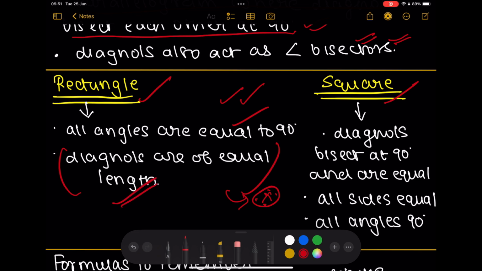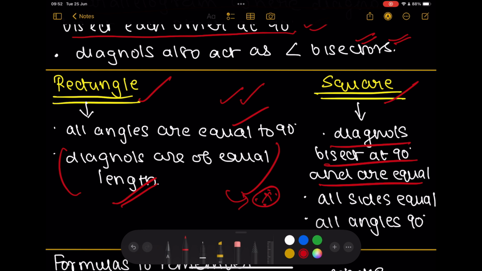They are only of equal length, right? In a square, you see diagonals bisect at 90 degrees and are equal. So in a square, diagonals do almost everything. Diagonals bisect each other, diagonals are perpendicular to each other, and diagonals are also equal to each other, right? In a rhombus, diagonals bisect each other and are perpendicular to each other, but diagonals are not equal to each other, right? You need to know how diagonals behave in different